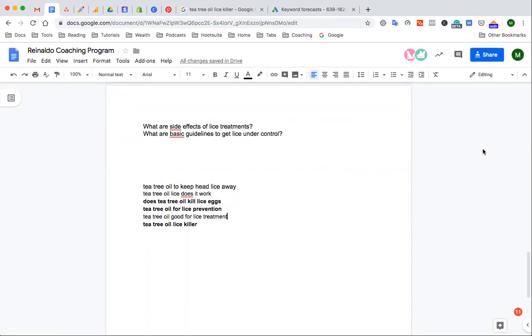So obviously you have to let Google know, okay, I want to rank for this particular phrase, so I will use it in those key places. So within the article also? Within the article also, yes.